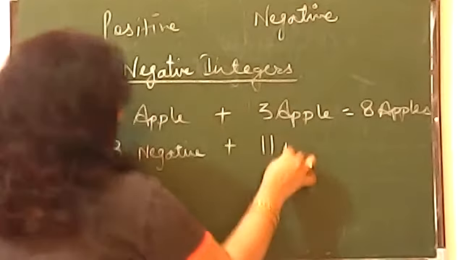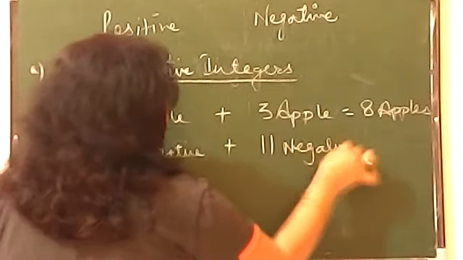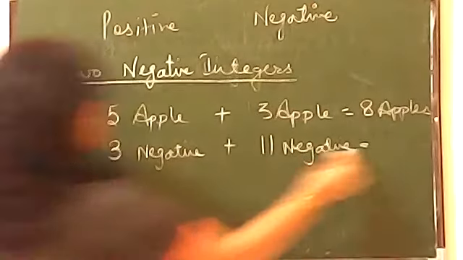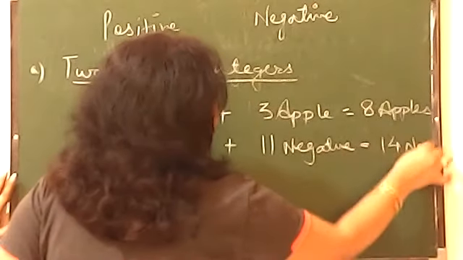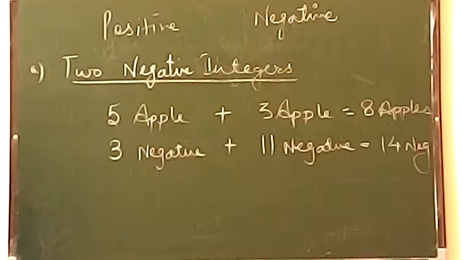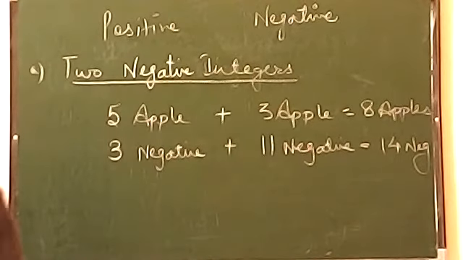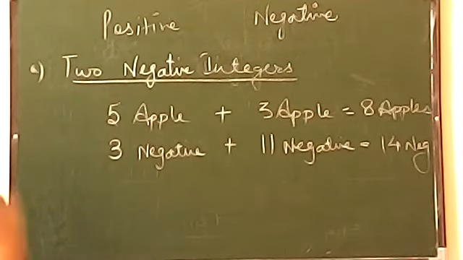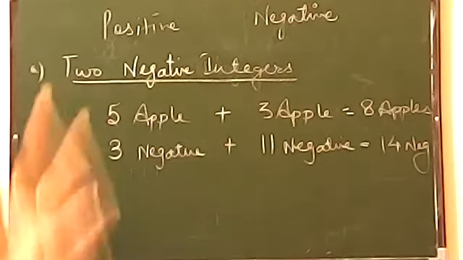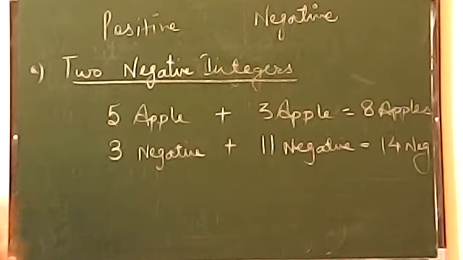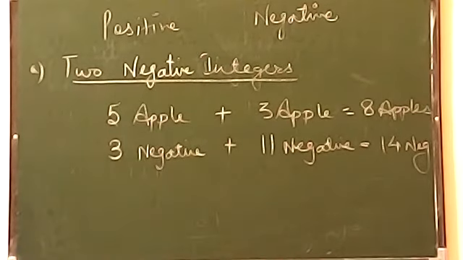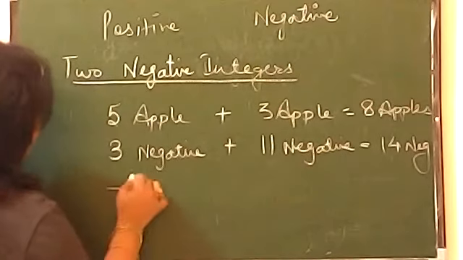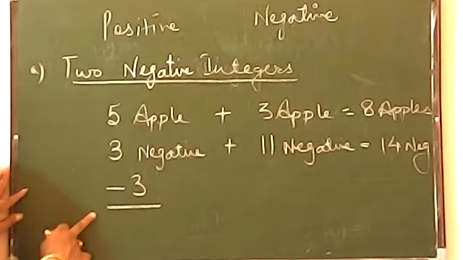I'll give 11 more negatives. The answer will be 3 plus 11, 14 negatives. And as you all know, you cannot write negatives everywhere. आप हर जगह पर negative की spelling नहीं लिख सकते बेटा. For apple, we can write it down in the short form A. The same way for the negative, we have chosen one sign to represent negative. So in simple language, I can write 3 negatives like this.